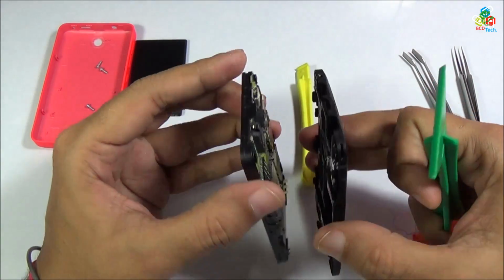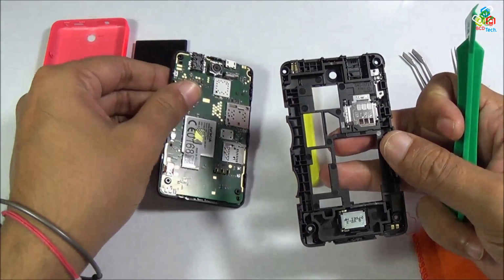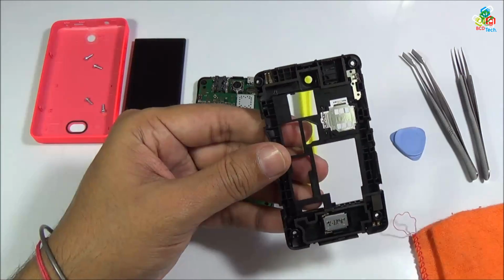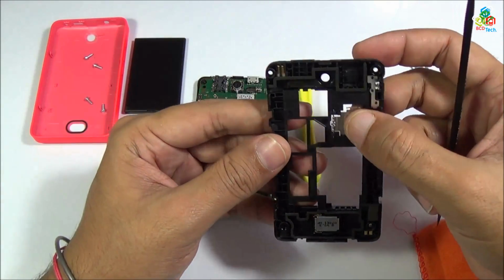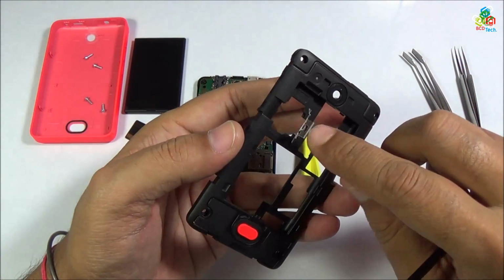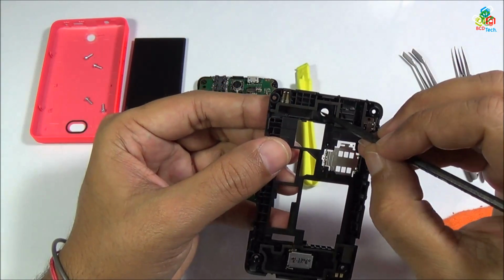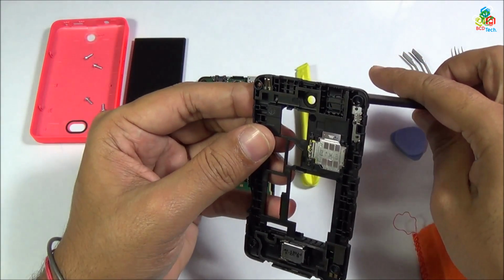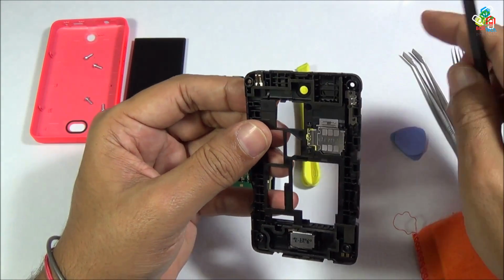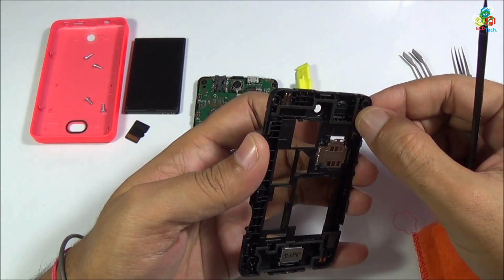Now as you can see, this back cover is separated out from your LCD frame. Now I will show you the components that are on your back panel. As you can see, this is your plastic, and that is your metal SIM tray. Here is your camera cutout. There is no lens or glass here. This is your Wi-Fi and Bluetooth antenna,